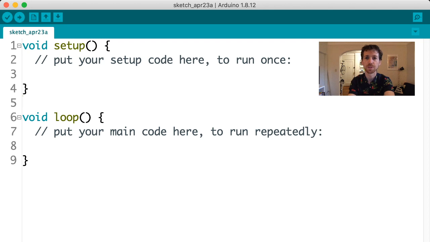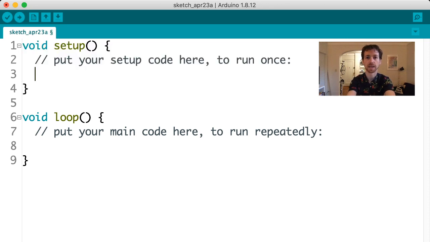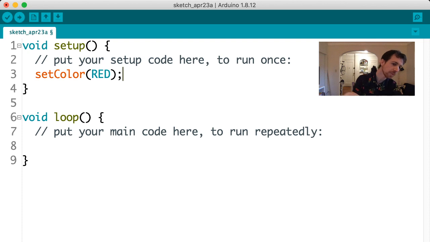The first thing we're going to do here is notice that setup calls out what it does. It says code put here only runs once. And what that means is when you put the battery in your Blink, setup is what happens. So let's actually see that happen. So set color red. If we put that there, I'm going to plug in my